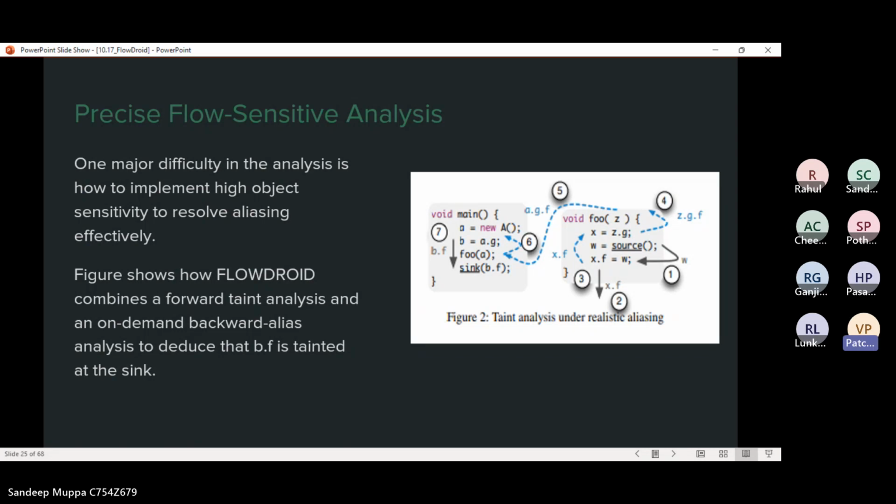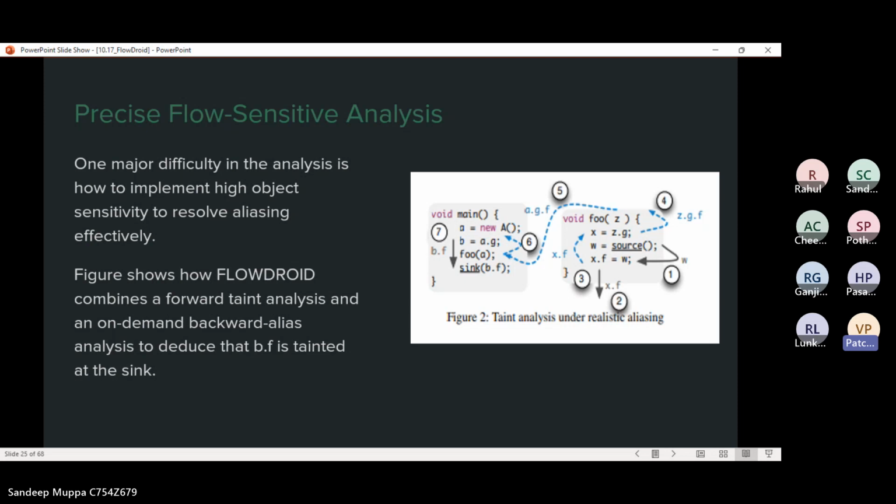As we can see in the figure, FlowDroid combines the forward taint analysis and on-demand backward analysis. In step 1, the tainted variable w is propagated forward, tainting the heap object x.f. Step 2 continues the taint tracking for w and x.f in the implementation.